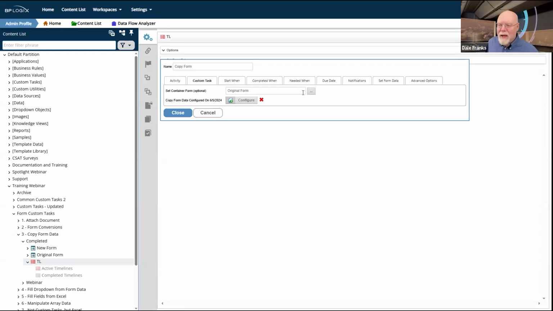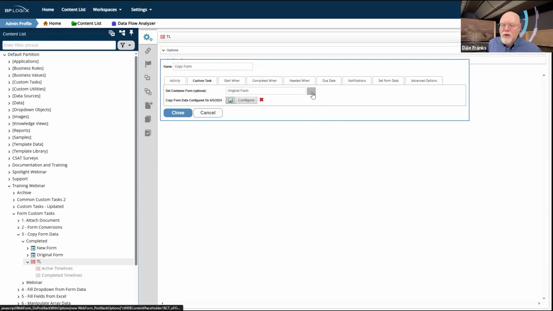Once I have kicked this process off, it should create a new copy of my new form for this process. And because I kicked it off as a sub-process, a copy of the original form from the parent process has also been attached to this process timeline instance. Well, cool. So since I have both of these forms now, and remember, my form for this process is the new form. So great.